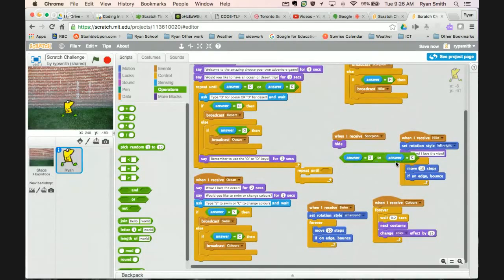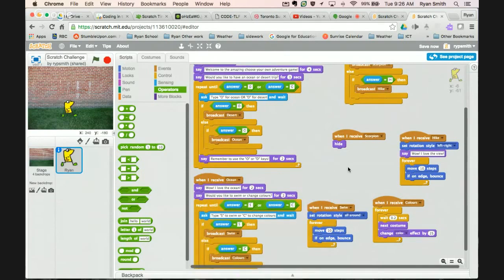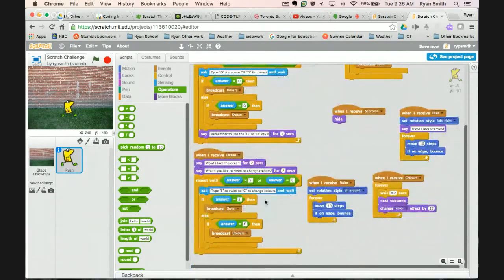I'm now obsessively trying to fix it up. There we go. So I'm going to fix that up and finish it off, but you'll be able to see a copy of this project,